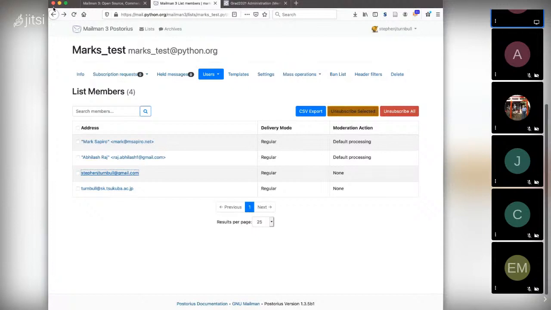So what they wanted to do was to moderate everybody really quickly. And they can't do it. This interface doesn't allow it. So they had to go into each individual user, moderate them, and then come back out.